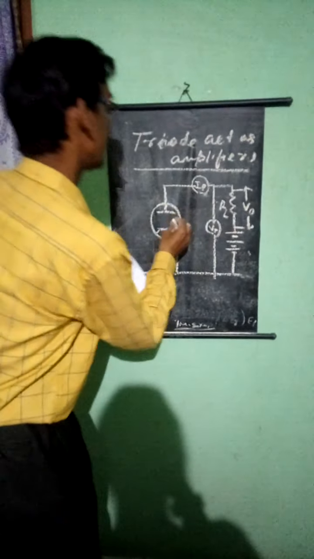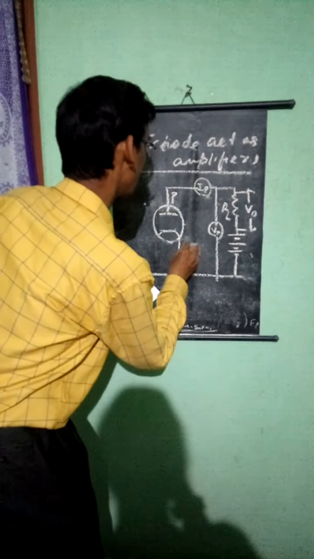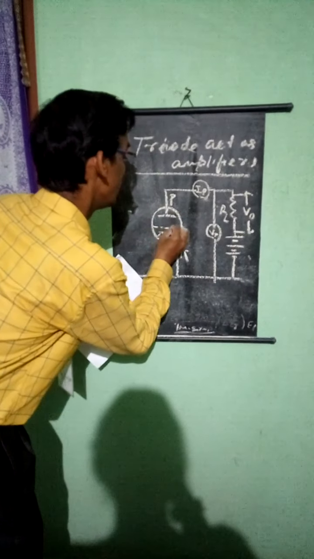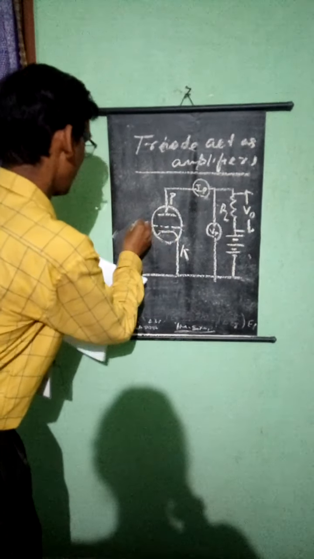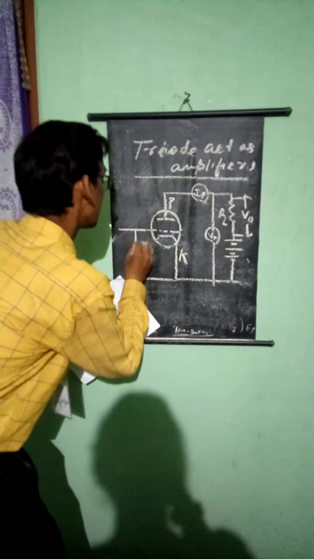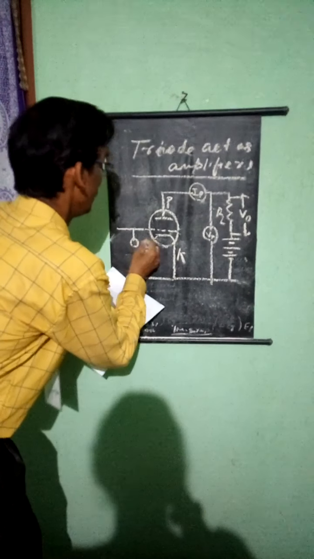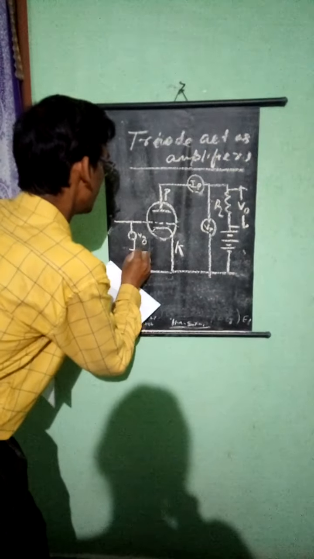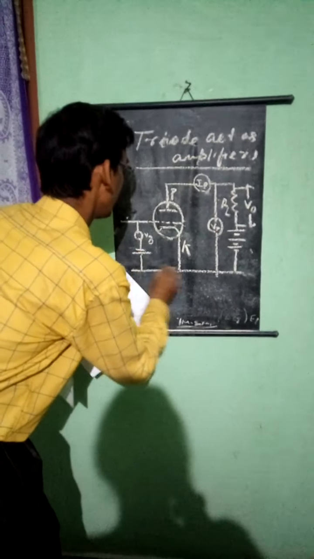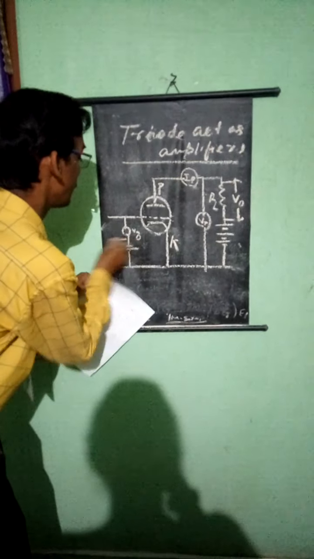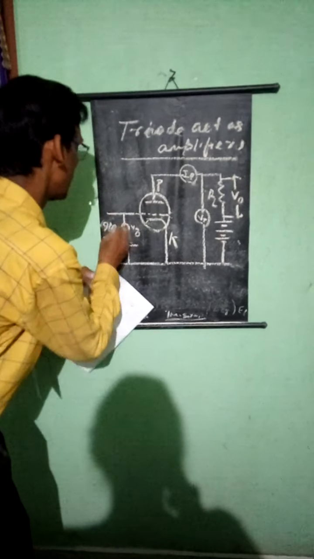Accordingly, this is called the plate and this is called the cathode. The control grid should be placed nearer to the cathode. Here you can apply a slide voltage to measure the VG, then give a voltage for the electron emission purposes. The input can be given from here, applied with respect to DC.